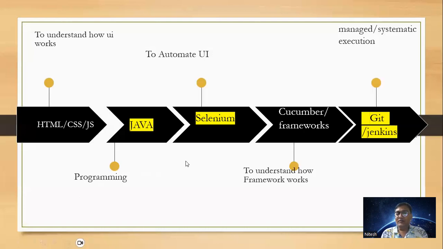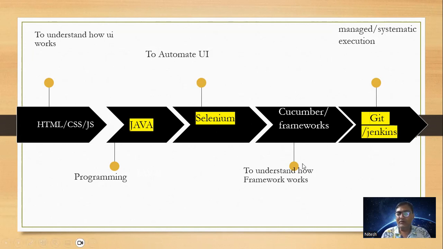We are understanding here, as of now, why we should learn this thing and why these things are connected one by one. Then Selenium. We are considering Selenium because it's free and open source, so anybody can learn easily. You don't have to pay anything for that. It works with different browsers. It works on Mac OS, on any system, right? If you're using Linux, it's fine. If you're using Windows, it's fine. That is required to automate the UI part. That is the central part of the learning.